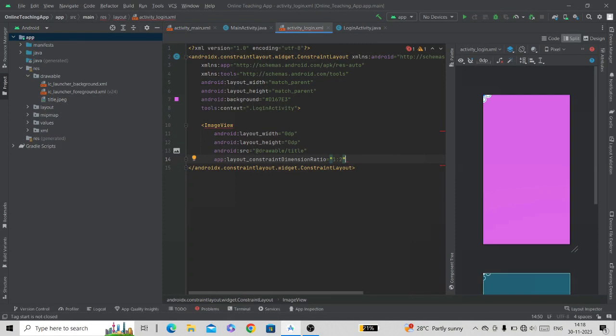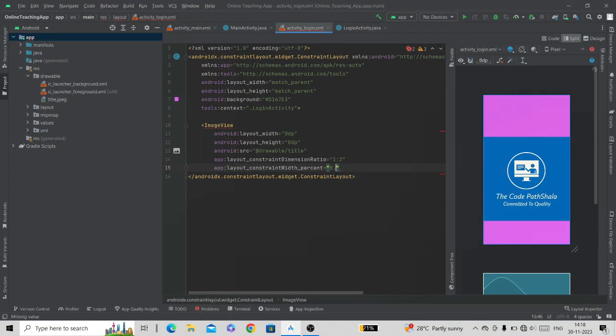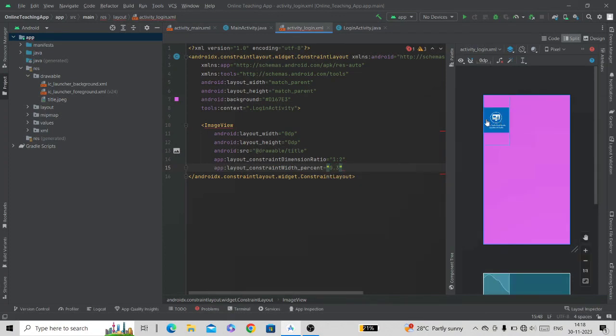Now to see the image, we will use constraint width percent and we will give 30% here. As you can see, the image width is 30% of the total layout width, and because we have set the width to height ratio 1:2, the height is double the image width. If we set the ratio to 1:3, the height is now triple the image width. So this is how we set the aspect ratio.